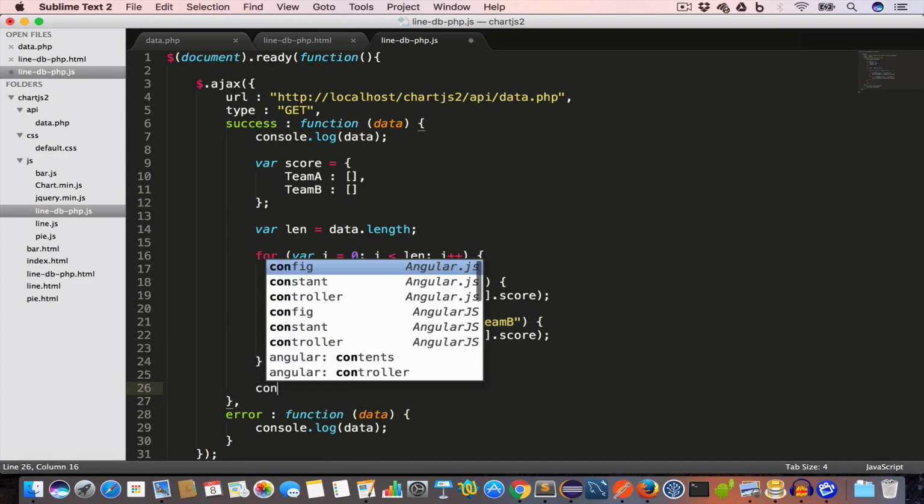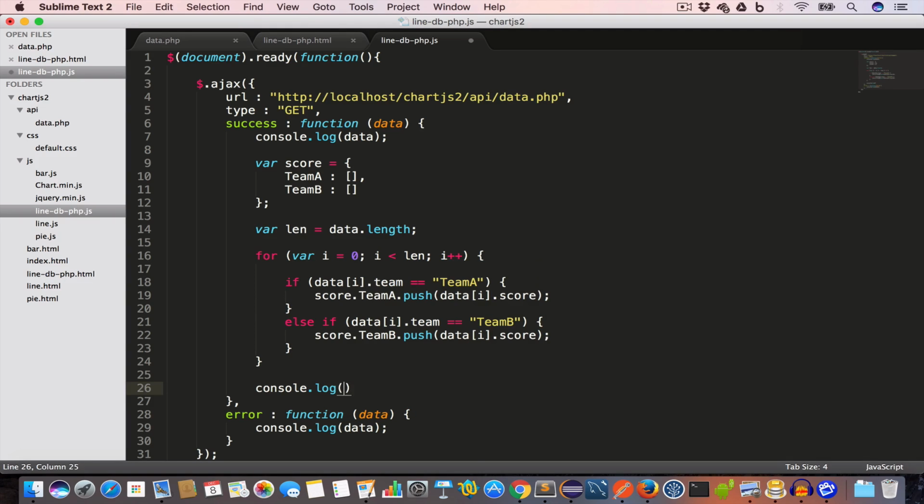Now we can write console.log score. So this object score will have two properties, team A and team B, and each of these properties, team A and team B, will have the score of the 5 matches. So let's save this file and go back to Chrome, and if we reload